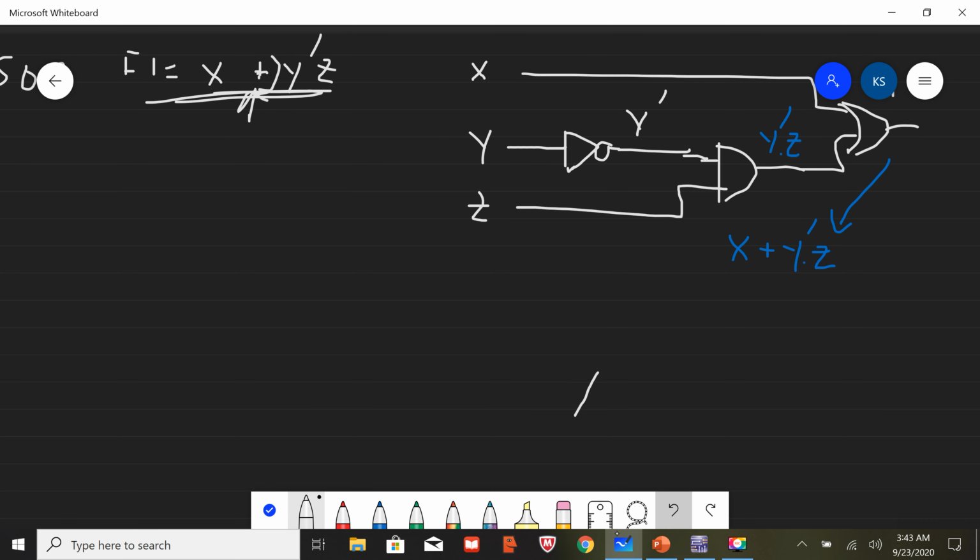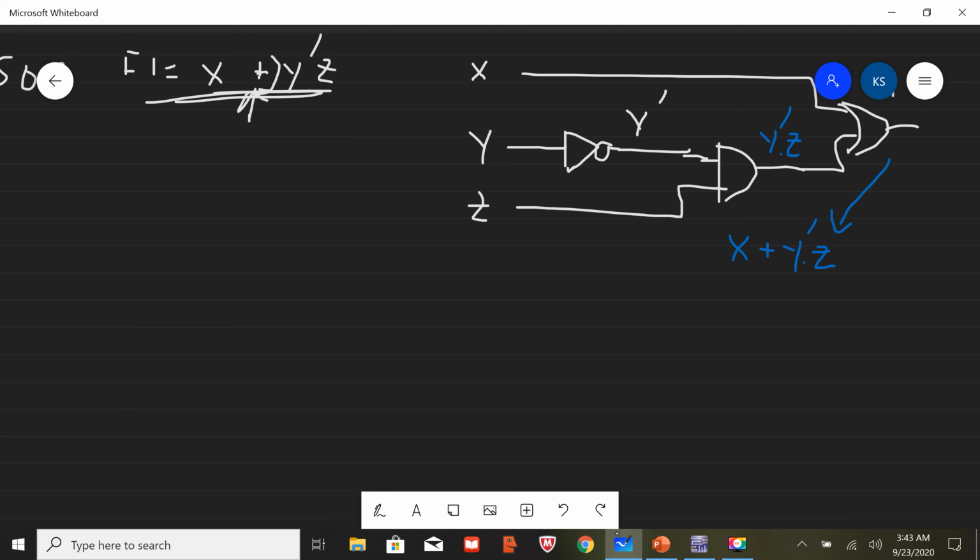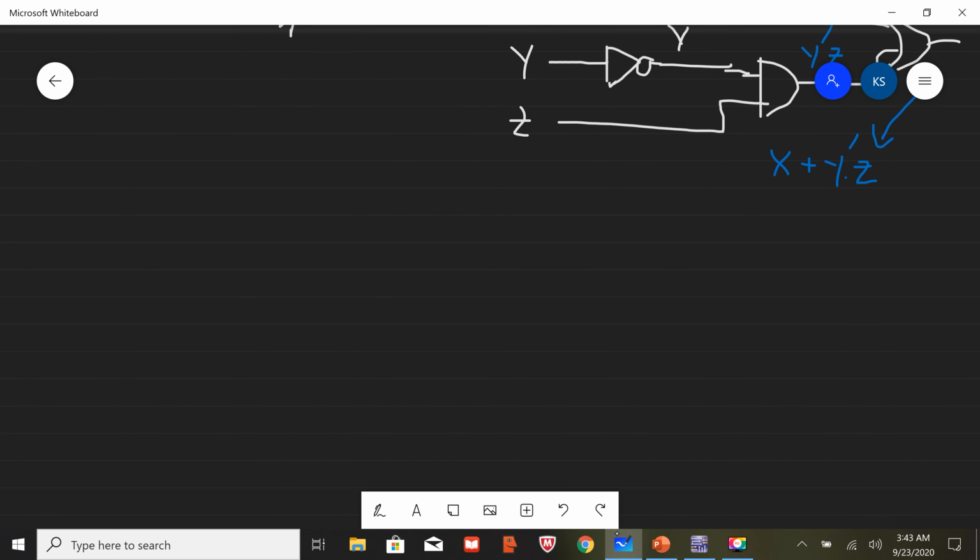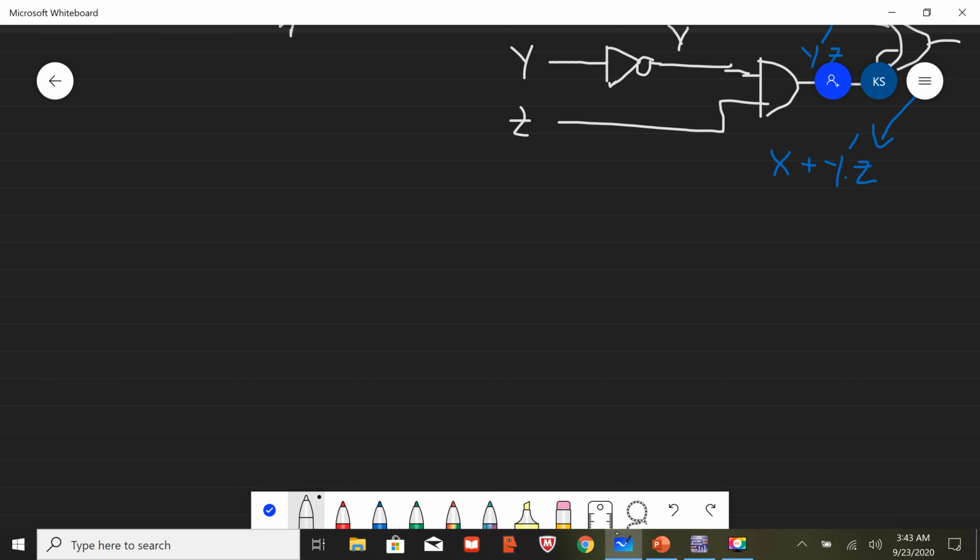Although in each IC we have four gates for each of these NOT, AND, or OR gates, we are going to utilize only one of those to implement this circuit. So I'm going to draw the first IC,